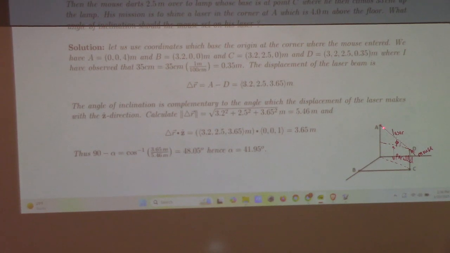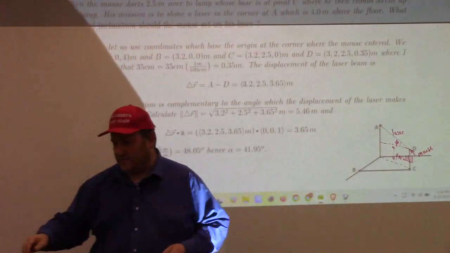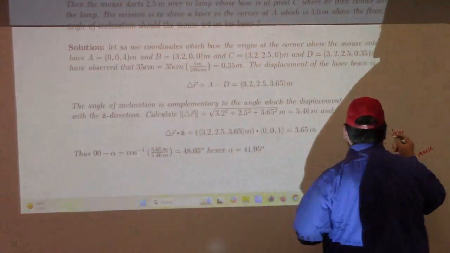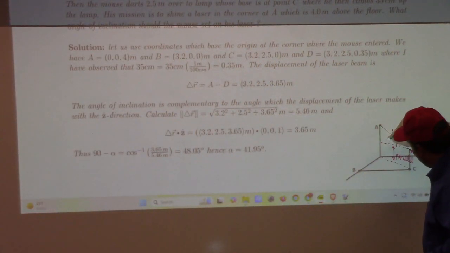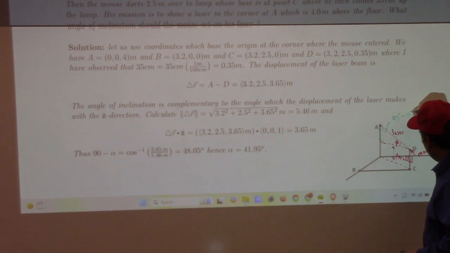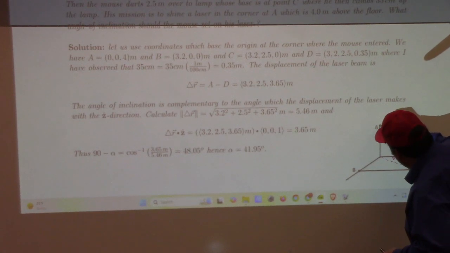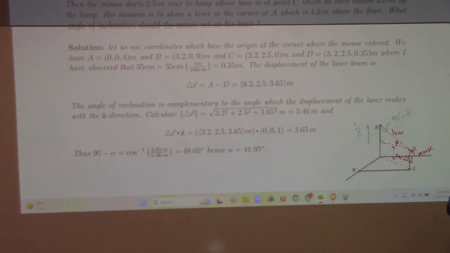the angle. So I said that the angle of inclination is complementary to the angle off the z-axis. Do you guys see that? What do I mean by complementary? Complementary angles sum to what? See, this triangle right here is a right triangle. So this angle right here is 90 degrees minus phi, right? But also, this angle right here, what's this? This is the unit vector in the z direction, right? So I can calculate that angle by taking the dot product with z hat. The displacement vector dot z hat gives me this, but that tells me that